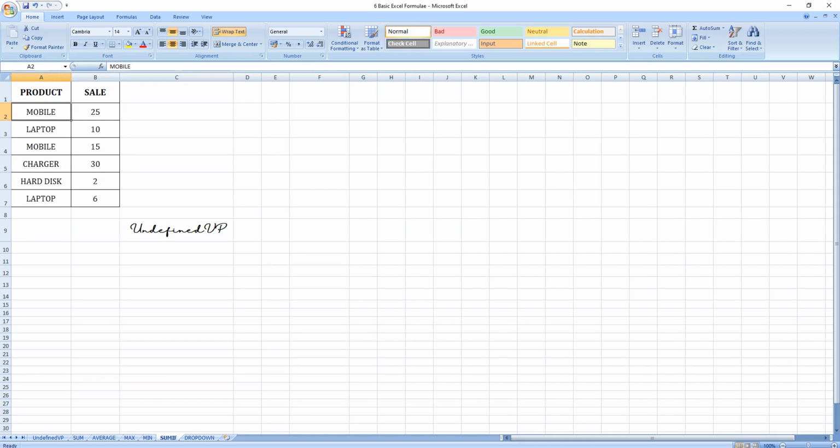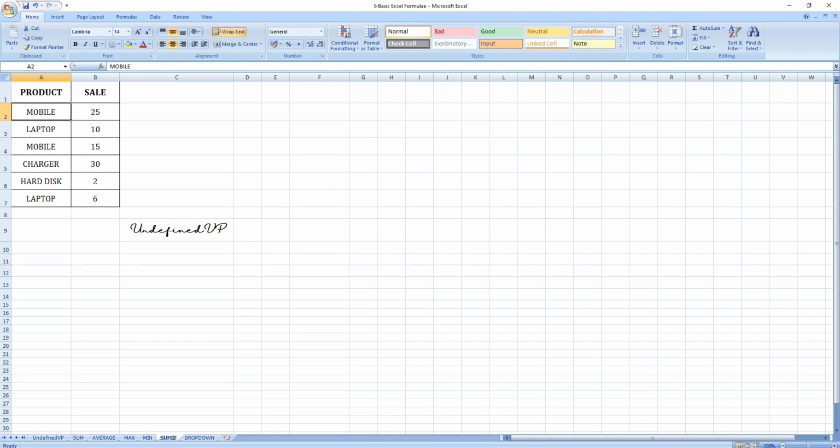First 24 mobiles were sold, next 15 mobiles were sold. Here we have only 6 products or 6 data, so it was easy for me to simply look and see that 40 sales were done. What if I had around 100 to 200 sales, or 100 to 200 data?